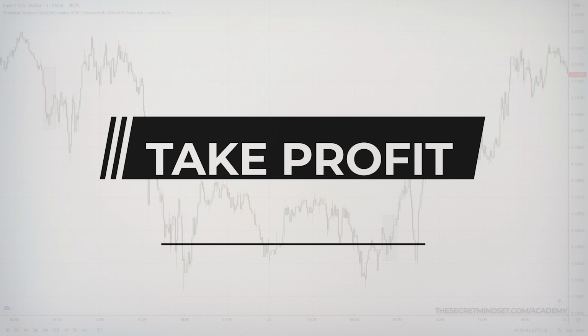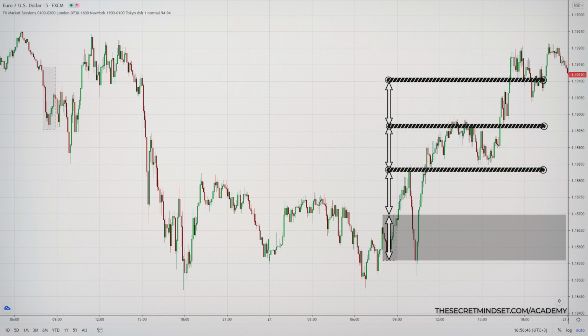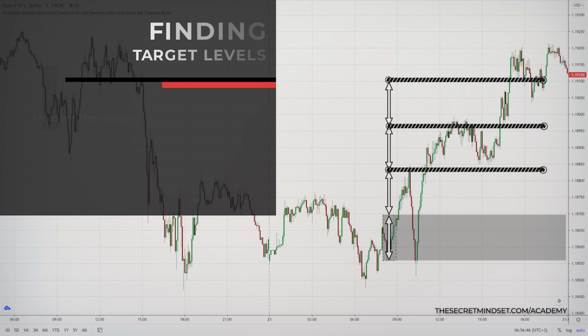Where to set take profit levels? Once you have identified the channel, entered the market after a breakout, and placed your stop loss, you must proceed to identify the future price levels at which you will take profits. To define these levels, the best thing to do is to measure the range of the opening channel and project